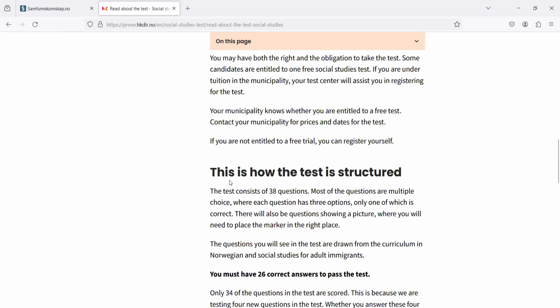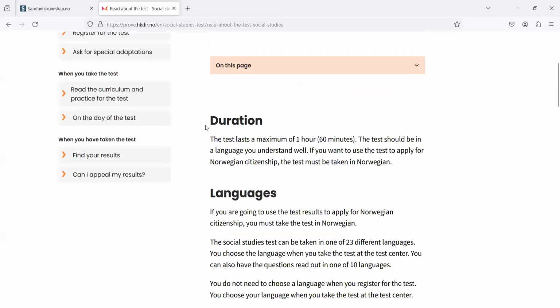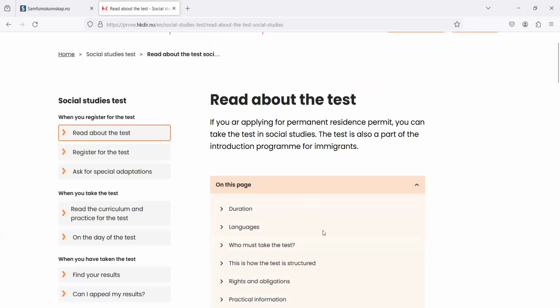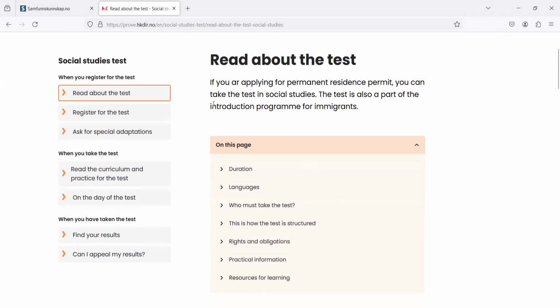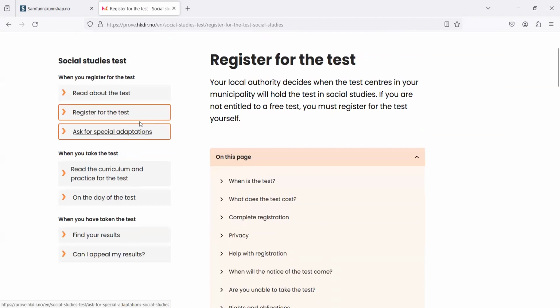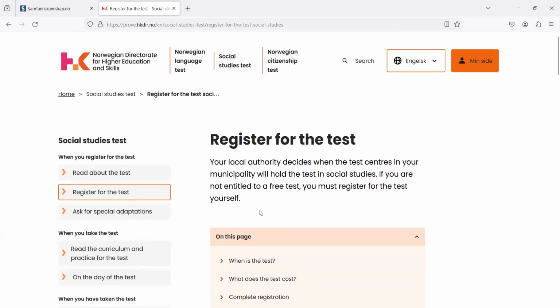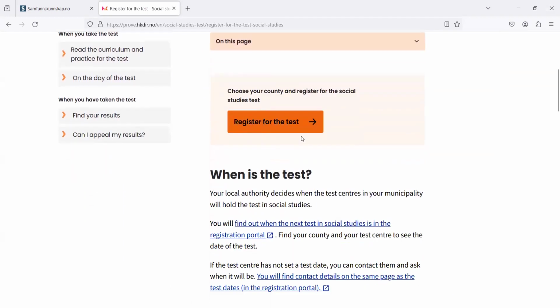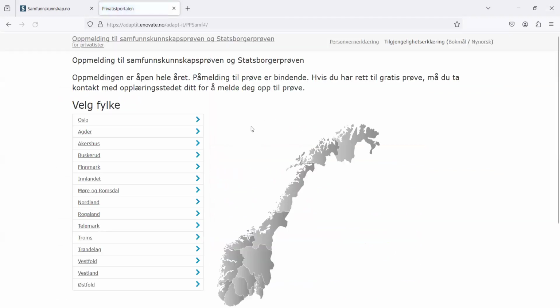So this is the complete information about the test. And after that, register for the test. I will just quickly guide you on that. If you click on that link, register for test, you will click on that link. After that, you will choose your